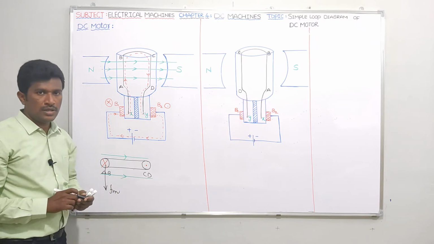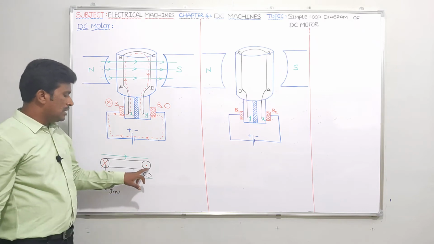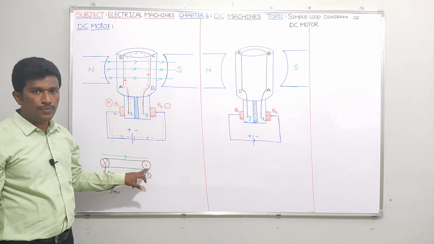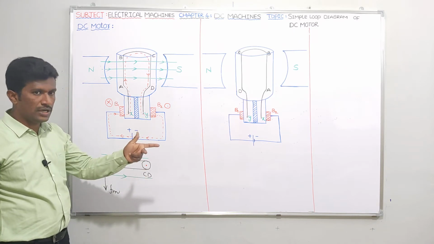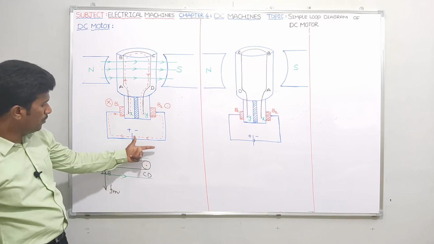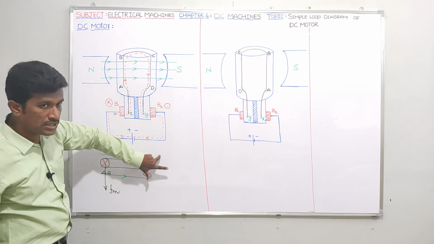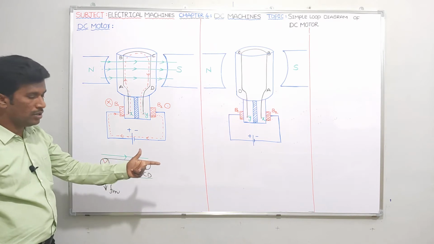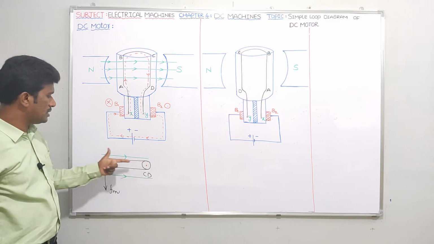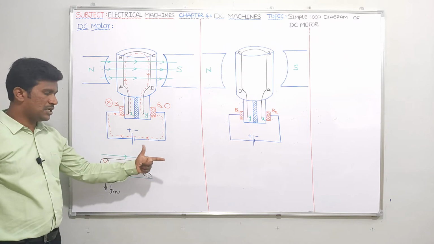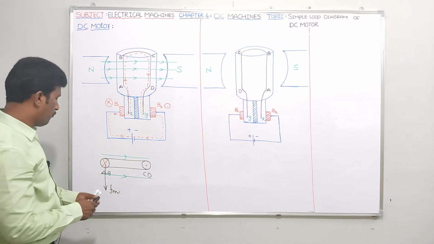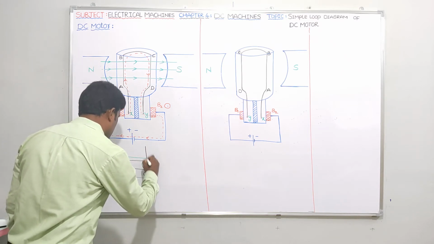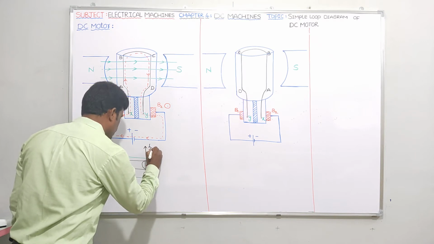at the AB conductor. Similarly at CD, the direction of current dot means coming from the board. You have to show dot with your center finger like this. If it is into the board, you have to show like this. If it is coming from the board, you have to show like this. This center finger should be out of the board. Placed in a magnetic field, if the forefinger is the direction of this green color, it experiences force upwards. Direction of force experienced because of motor action is what?